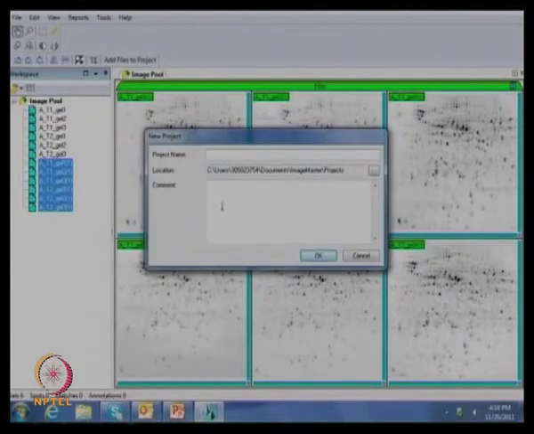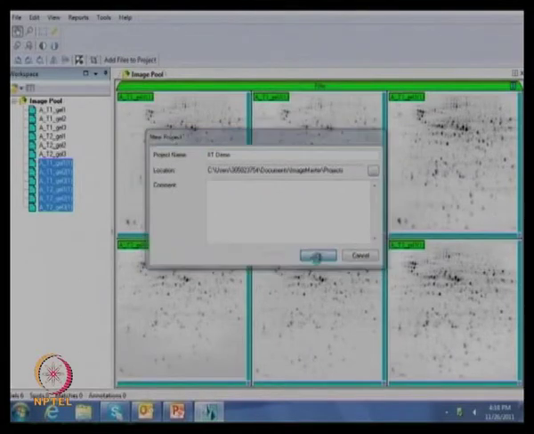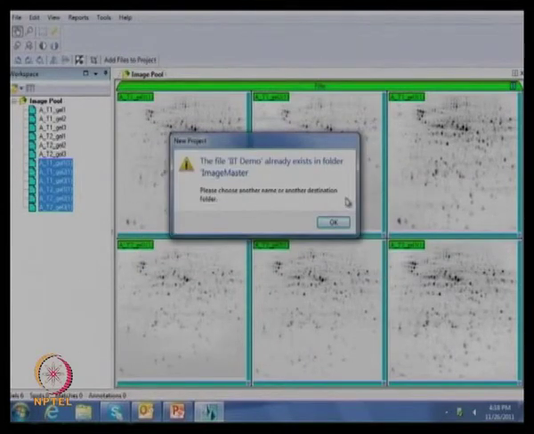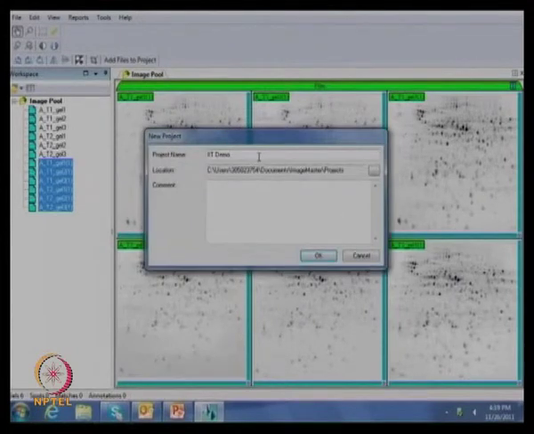Now we are going to plan and design our experiment, how exactly we have our design of our experiment and how we can manage our gels. From the project menu, we have to create a new project. The project we are doing is the IIT demonstration. If you have any description about your own experiment, something about specific details for that particular project, you can type here, and it can be stored within this project. And click OK. The IIT demo already exists, so I can give IIT demo 1.